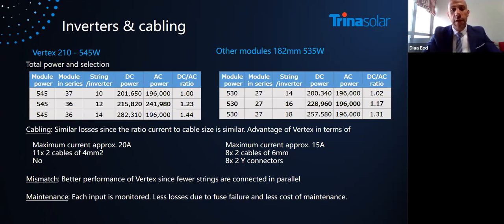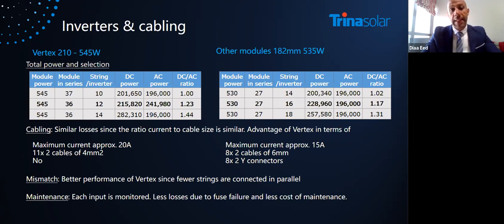But the point comes here: when you use 2 strings on a single MBBT, you use a Y connector. The guys who are attending now from the inverter perspective can really understand the challenges of having a Y connector, which cannot guarantee the AC-DC ratio you can apply. Plus, you will have a mismatch because you have 2 strings connected to 1 MBBT,